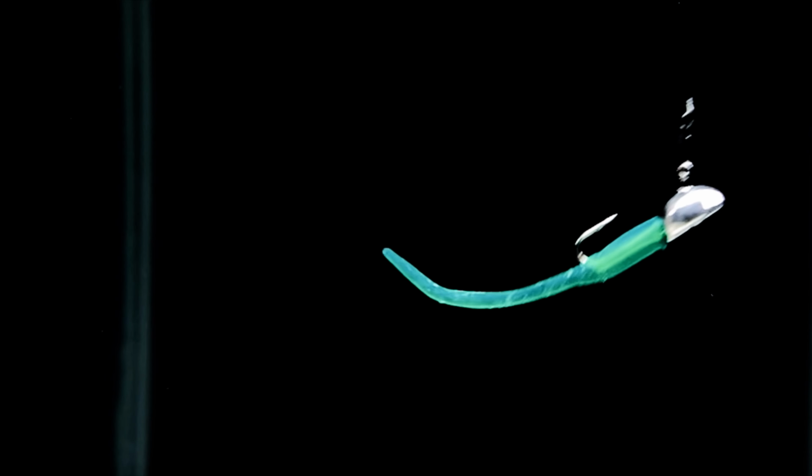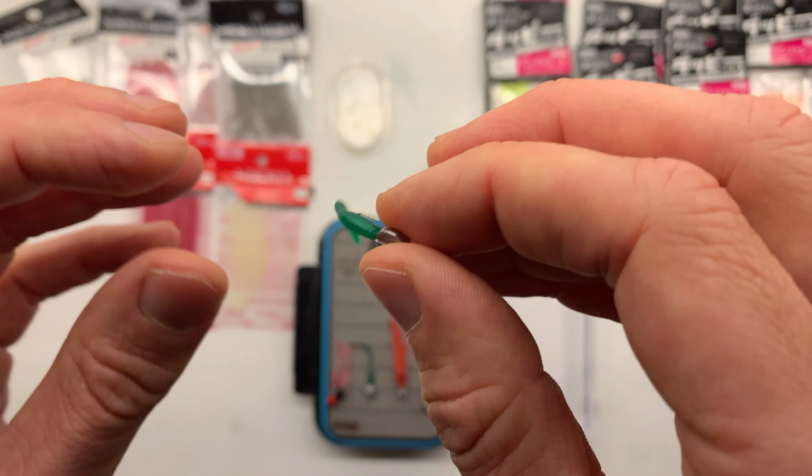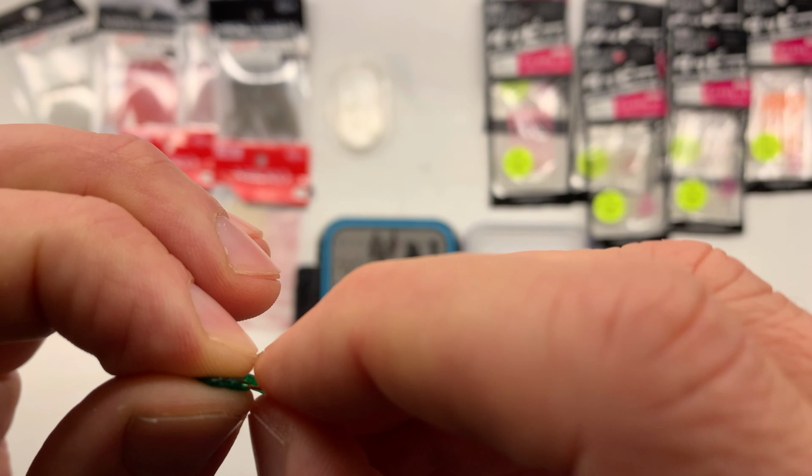Again, great for perch, small roach. They absolutely love this. Great in saltwater too. Common blennies, tom pots. I think they'd be great for mackerel, scad, things like that. Again, super durable. And if I take this off, what it comes with, I don't know if you'll be able